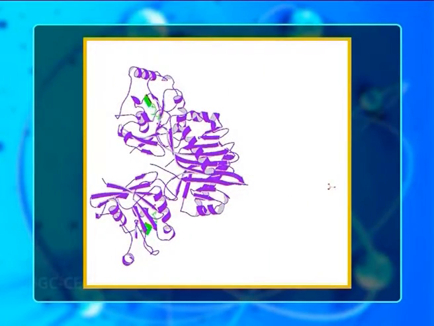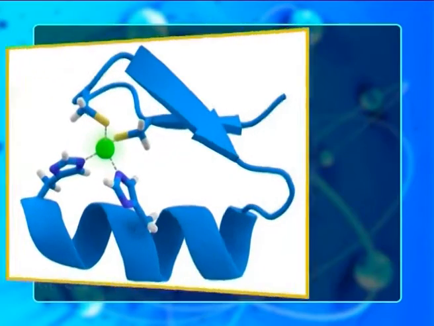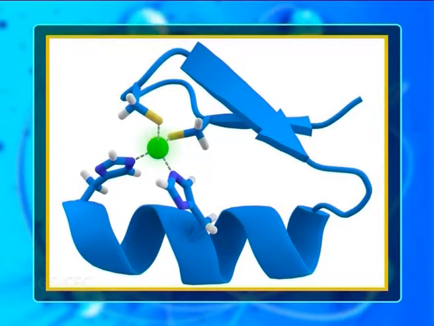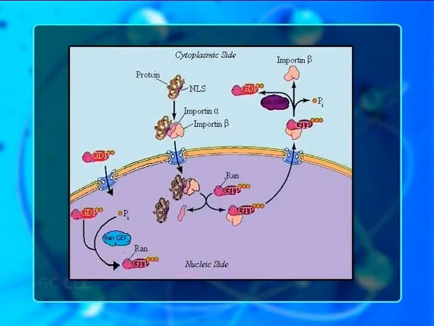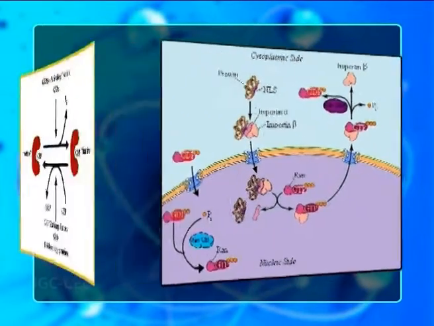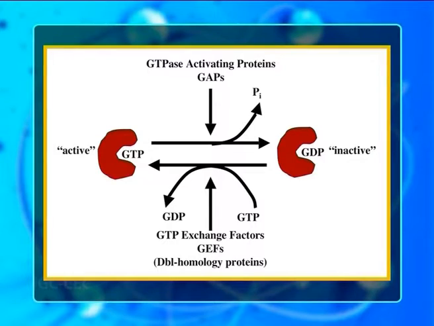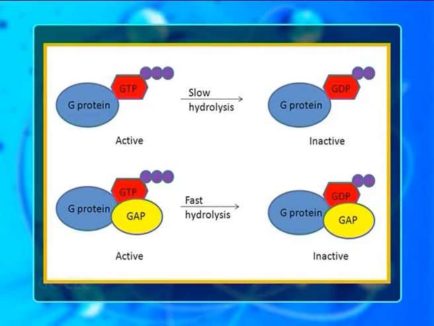Once inside the nucleus, interaction with the RAN GTP causes conformational changes in the importin that cause it to dissociate from its cargo. The resulting complex of importin and RAN GTP then translocates to the cytoplasm, where a protein called RAN binding protein, RanBP, separates RAN GTP from importin. Separation allows access to GTPase activating protein, GAP, that binds the RAN GTP and induces the hydrolysis of GTP to